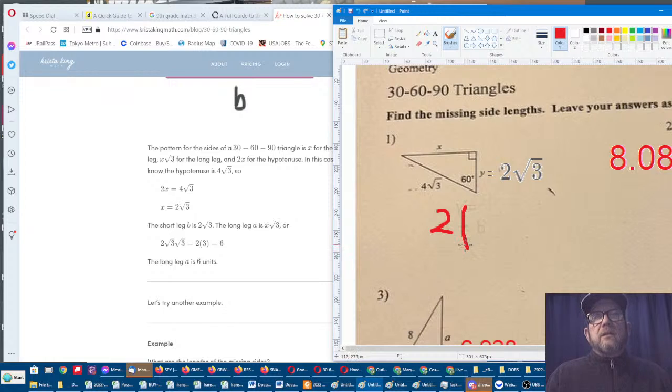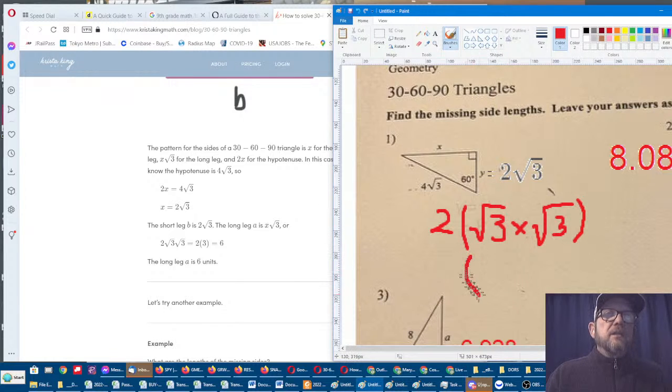I'm going to put a parenthesis to separate it. You've got the square root of 3 multiplied by another square root of 3, and I'm going to put a parenthesis. So the way this works is 3 times 3 equals 9. Then